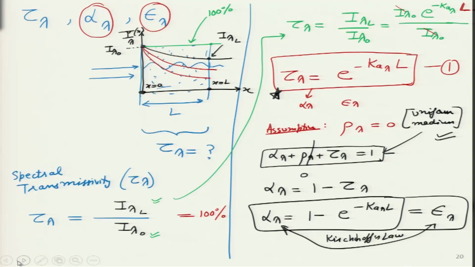When there is participating media, then we have to take account for that and look at the values of transmissivity, spectral transmissivity and absorptivity from these relationships over here. So, I think with that I will conclude this particular lecture, and in the last series of lectures we have completed the analysis for radiative heat transfer, and very soon we will start a very interesting topic which is mass transfer. So, there we will see a lot of interesting concepts, and I will be happy to explain it to students.